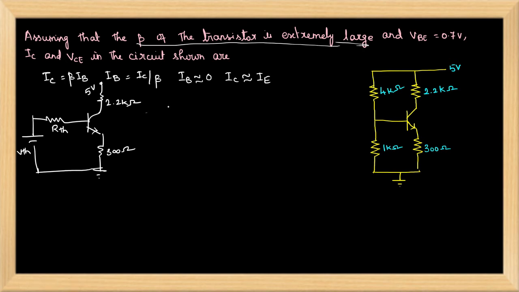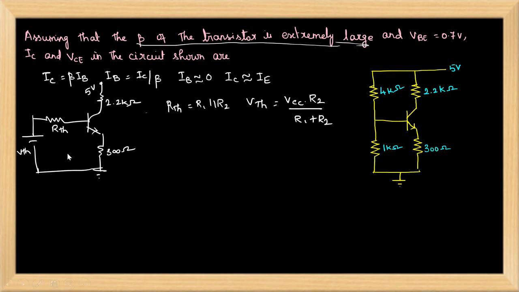Okay, now what is RTH? RTH is equal to R1 parallel R2, and VTH is equal to VCC into R2 divided by R1 plus R2. Now, to find the value of IC and VCE, we have to apply KVL at the input side of the